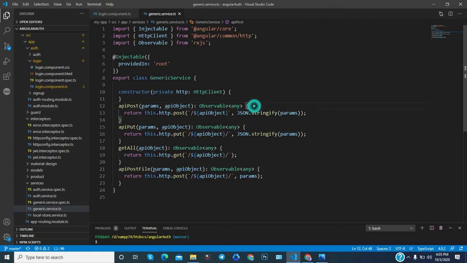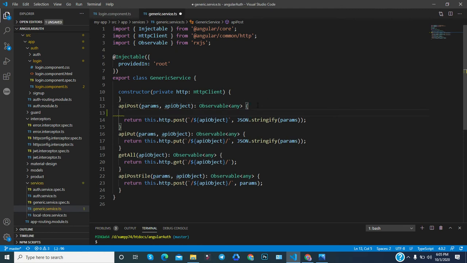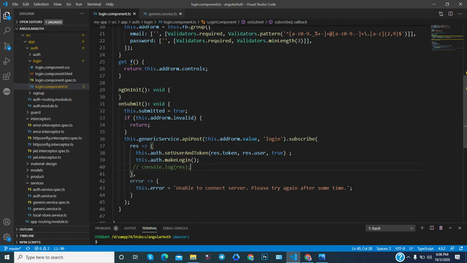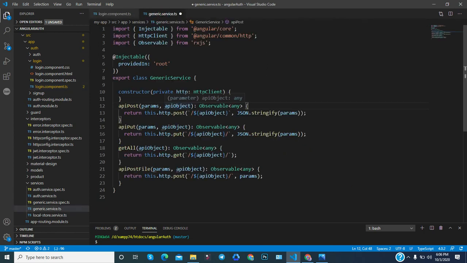So definitely you can write here whatever you want to write, no issue on that. You can very easily write some conditions and anything. So in the future if you want to modify any API call, then you need to modify here only. If you modify it, then it will be applicable everywhere. So very easily you can manage. If you want to do a certain thing in a specific API call, then you can do it whenever you are utilizing this method through this service.